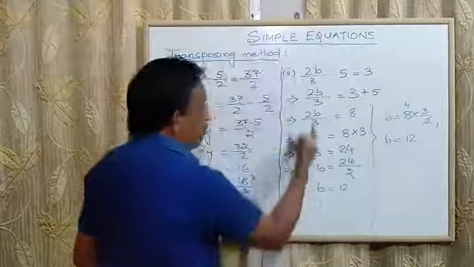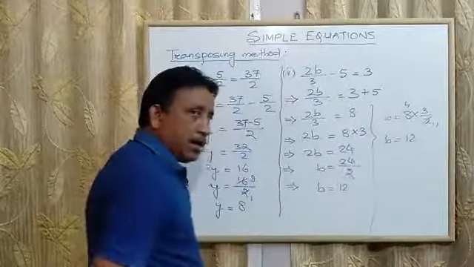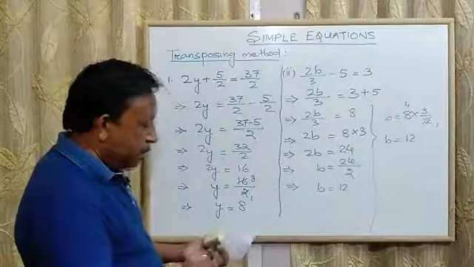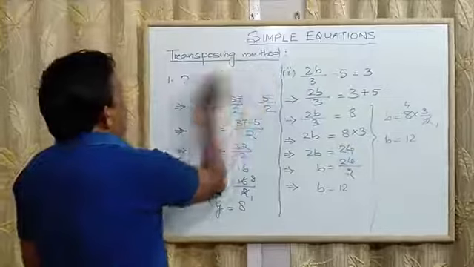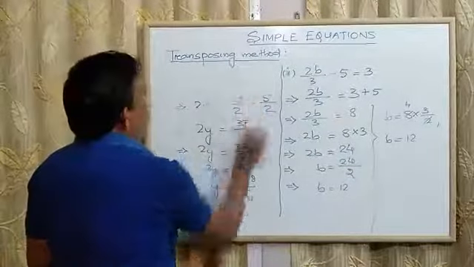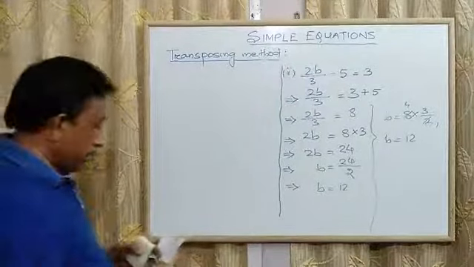To 12. You can do it like this, or you can do it like this also. It becomes shorter if you write it like this. I hope you have understood this. Let's see one more example on transposing.